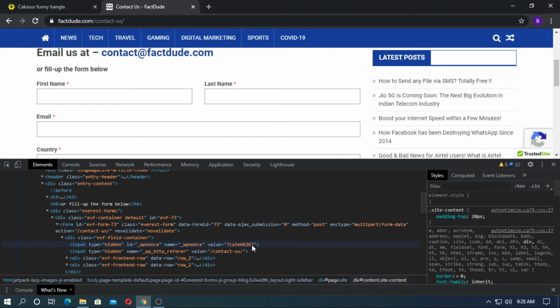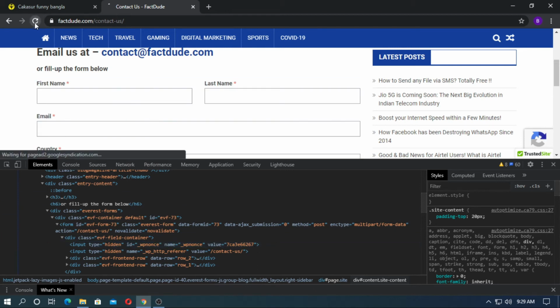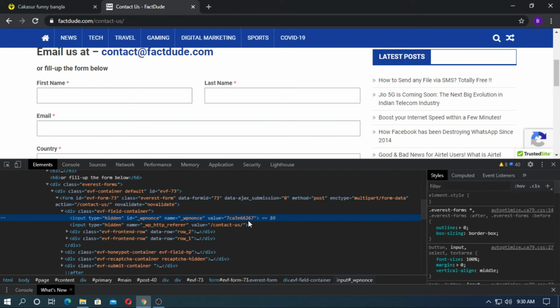So in this case, Django will provide you more security. If you refresh the page, this time the last 3 digits of the token are 264. Now refresh the page, and you can see the token will not change. 267 is the last 3 digits. If you refresh the page again, you can see that the token value will not change, but in the case of Django, the token value will change every time you refresh the page.